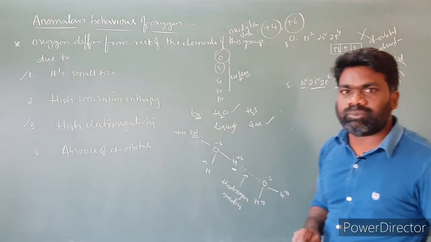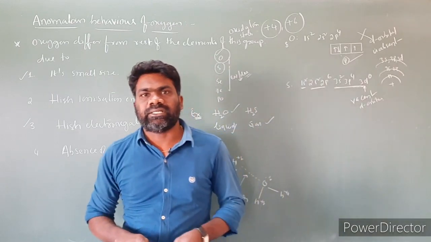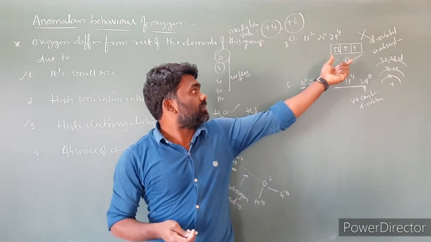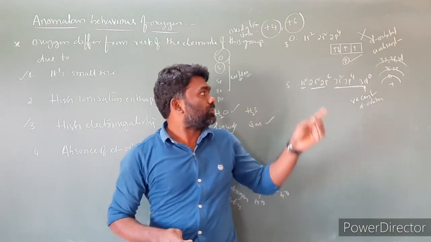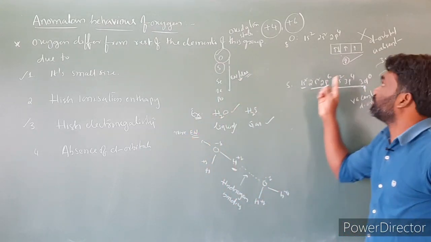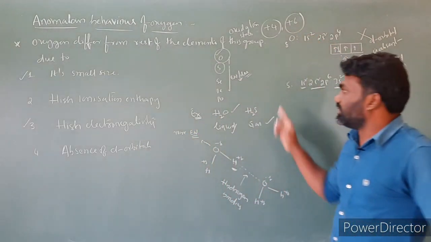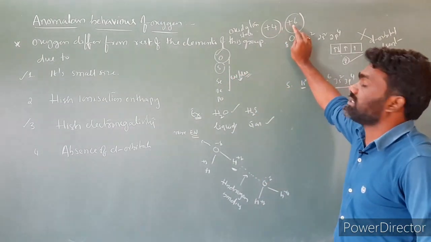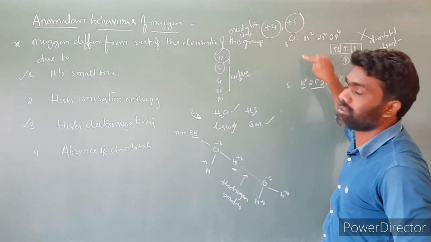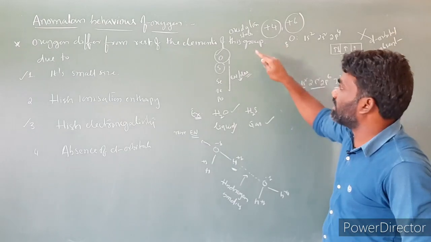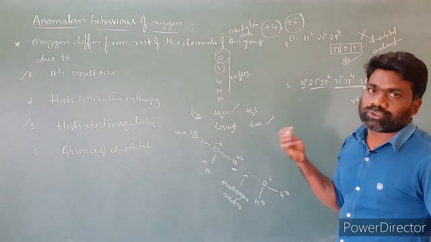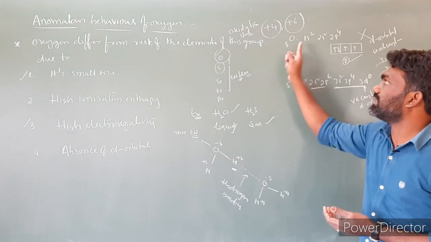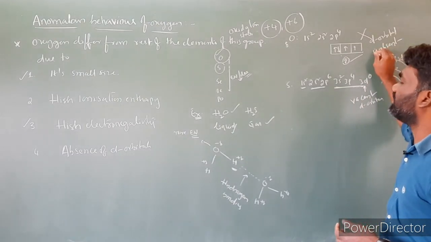If the d orbital is available, it can expand its oxidation number from +4 to +6. But oxygen does not have any d orbital, so this element cannot show oxidation numbers +4 and +6. The rest of the elements, sulfur, selenium, tellurium and polonium, show +4 and +6. The +6 stability decreases from top to bottom, and the +4 stability increases from top to bottom. But the point is that the rest of the elements are able to show the +4 and +6 oxidation states, but oxygen does not because of the absence of the d orbital.